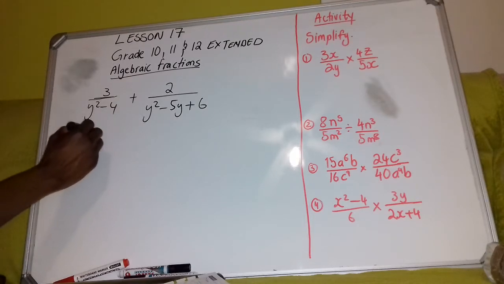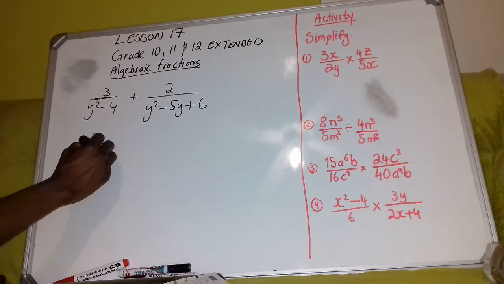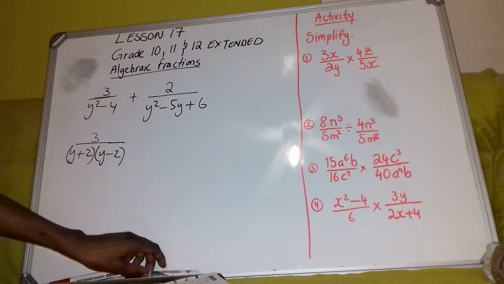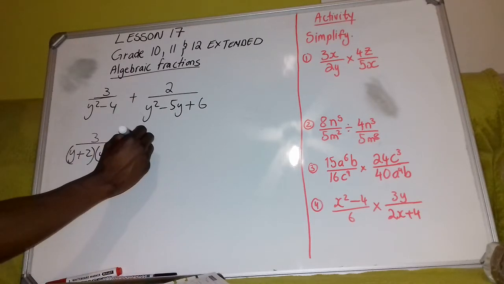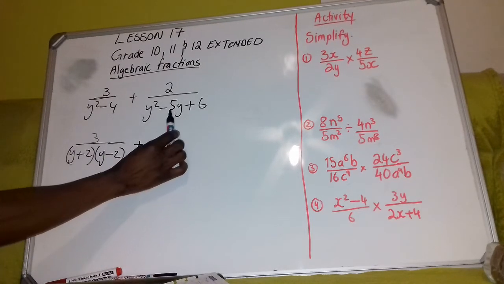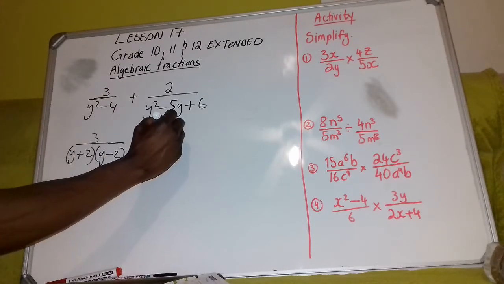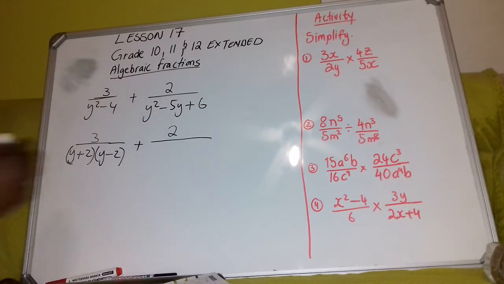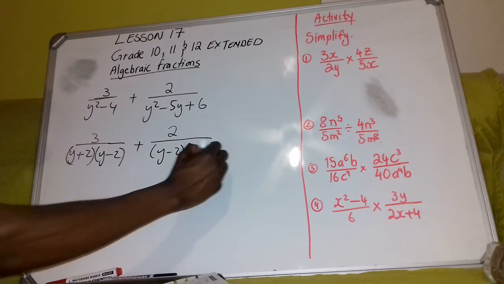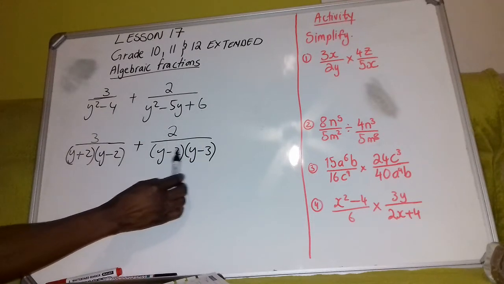Okay, so this one, if you factorize it, you're going to have y plus 2 and y minus 2. Okay, so the difference between two squares, that's how you factorize it. The second one, you want the factors of 6, and those factors, if you add them up, they'll give you negative 5, but if you multiply them, they'll give you positive 6. So those factors are 2 and 3, and they should all be negative, so it's going to be y minus 2 times y minus 3. So if you multiply them, they'll give you positive 6, but if you add them up, they'll give you negative